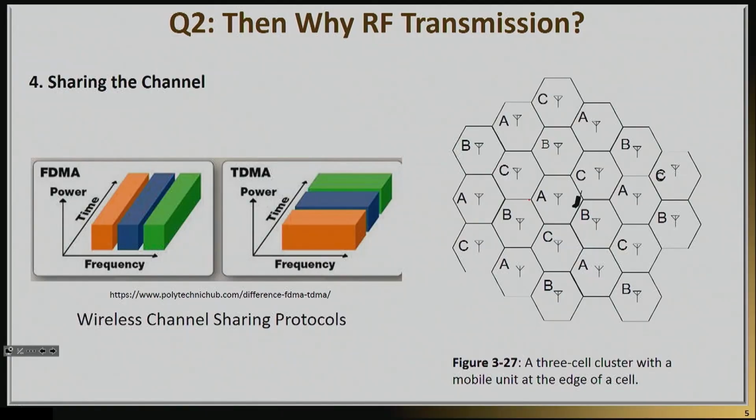The other reason I wanted to also briefly mention is that we're not the only ones trying to transmit or receive. We don't create a cellular network, for example, as I'm showing here, for just one user or two users. We create them for a lot of users. For example, for GSM, you can handle 1,000 users at the same time. So somehow we have to find a way to share the channel. If everybody's transmitting baseband and all of our voices are roughly at the same bandwidth, then we're screwed. Basically, the person who wins is the person who screams the loudest. And that's not the way it would go.